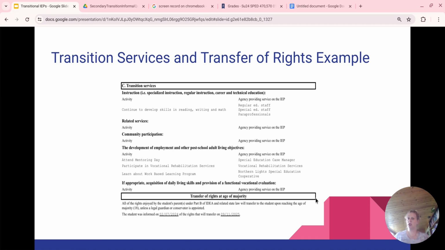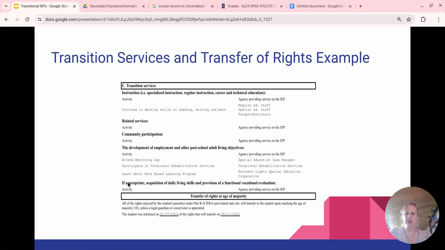When we talked about those transition services, here's where you not only see school staff listed, but service providers are also listed as those who have a responsibility to help students meet their goals for transition. In our previous example of a student who had a lack of career understanding, on this screen we would want to include that information here, that a specific class is being listed as responsible for meeting the student's needs. One thing to point out is that not all of these are necessarily IEP goals. These are more transition related and not necessarily addressing goals of the IEP. As you see here, for example, the development of employment and other post-school adult living objectives.